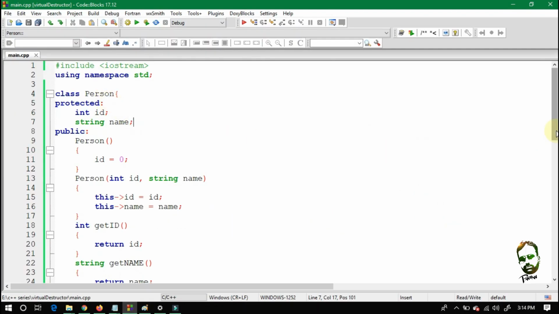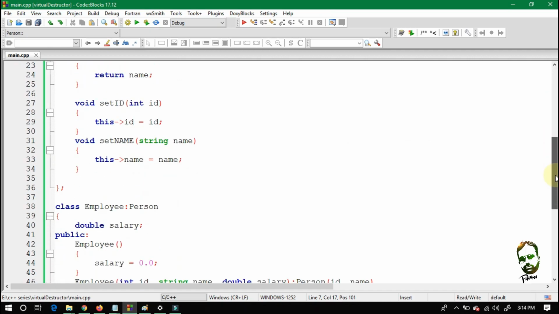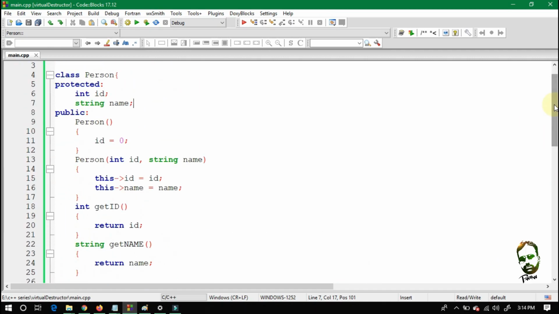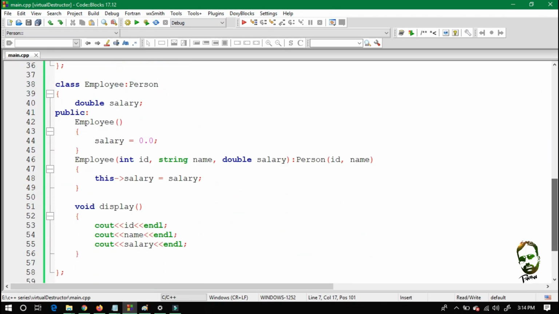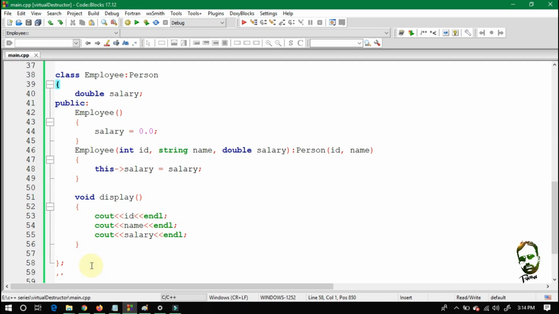So let's code this example by using Code::Blocks. As you can see here, this is a person class, and this is already implemented in my previous tutorial. This is the employee class and its parent is the person class.